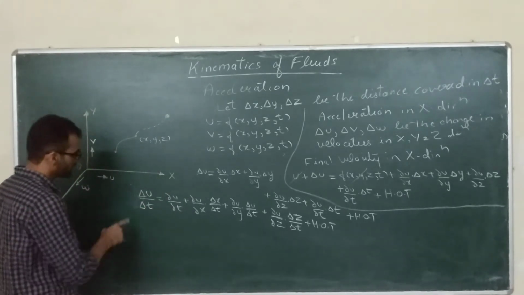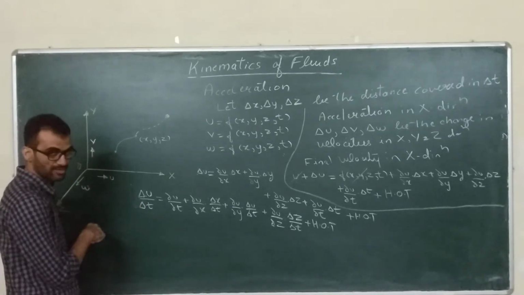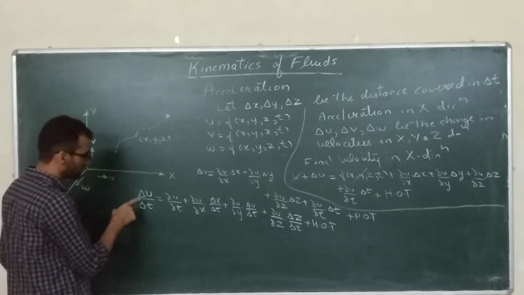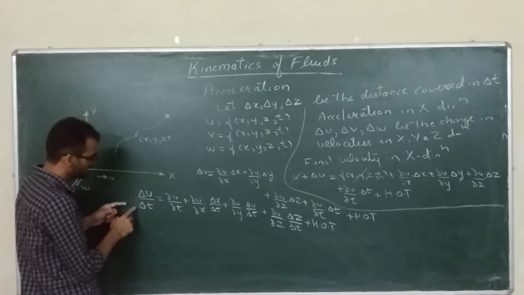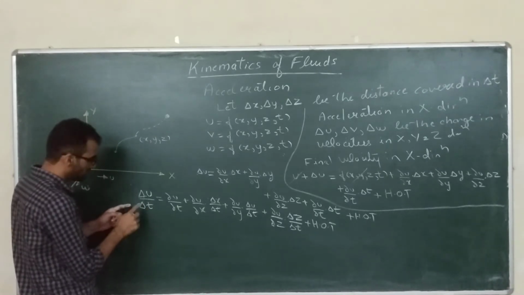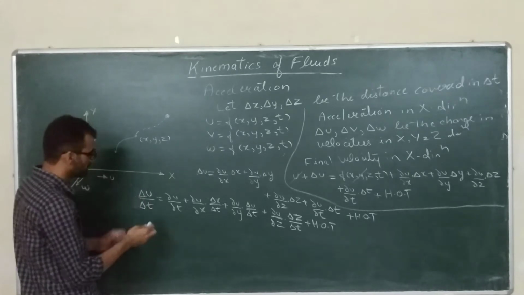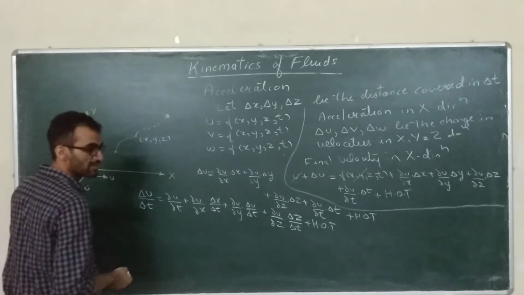See, acceleration is what? Rate of change of velocity. Alright, so final velocity minus initial velocity will give you the change in velocity. Delta u is the change in velocity. So change in velocity per unit time is the acceleration in x direction, provided the delta t is very small, provided this time difference is very small. So that's why we will take the limit of delta t tends to 0 for both sides.